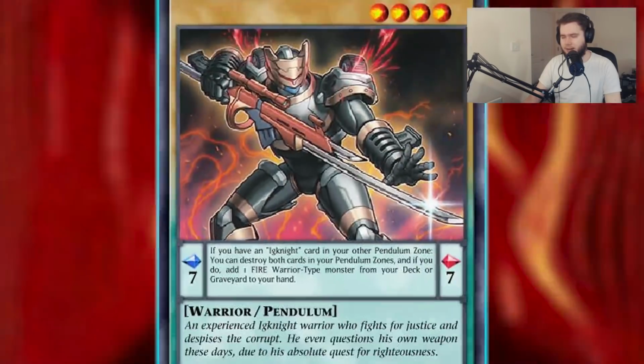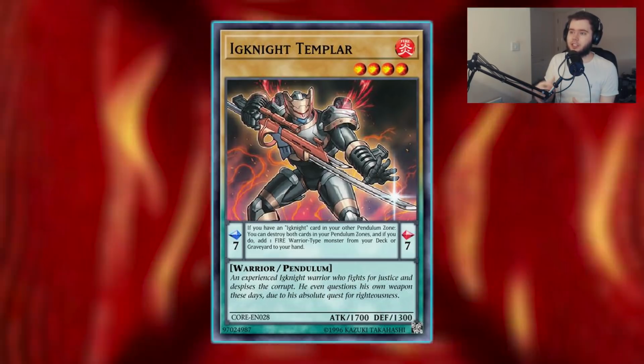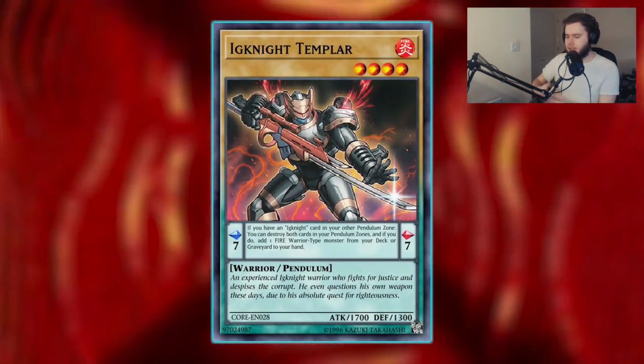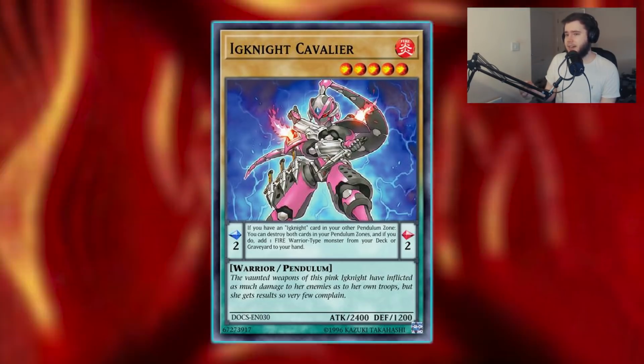Speaking of big boys that come out on the field and just do not do very much, we have Ignites. These are a strength in numbers deck, so they don't really do anything, right? All the Pendulums are vanilla Pendulums with Pendulum effects that you can pop both your scales to search out any Fire Warrior from your deck or graveyard, so you do just keep searching through your deck very, very quickly to get more scales up, to get bigger monsters on the board,